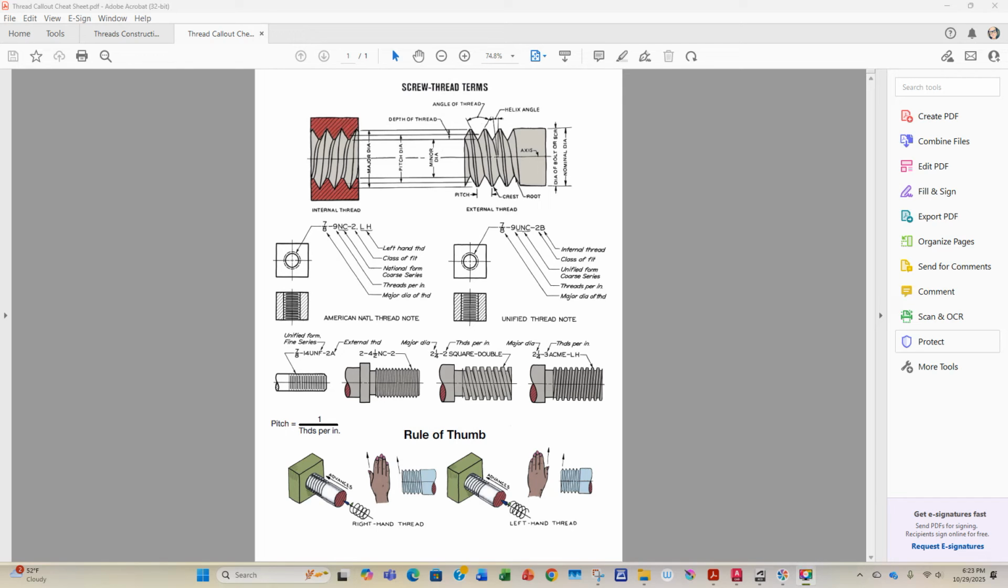We're going to talk about threads. In class, I've given you this handout so we can understand some of the terminology for major diameter, minor diameter, root, and crest. You need to understand how to find the threads per inch and, using the threads per inch, find the pitch of a thread, because that's what we're going to need in order to construct